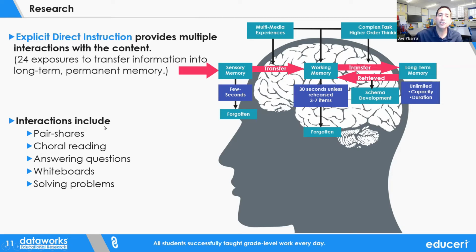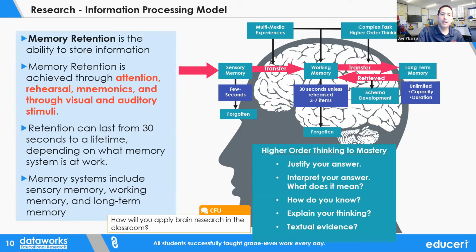So how do we do interactions? We do it with pair shares. We do it with track with me, read with me, answering the questions, justifying their answers on the whiteboard, solving problems, and telling me how they did it. Okay, so